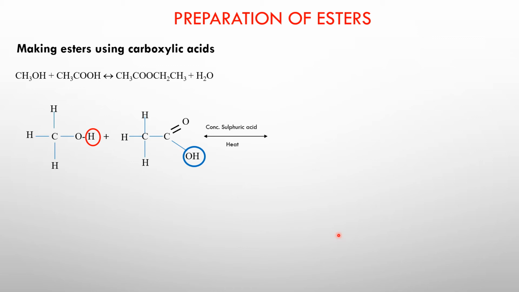Now when we are drawing the ester, we are drawing the acid group first. So the acid group is having two carbon atoms. There is a double bond O, but this particular bond that has been broken is now going to attach to the oxygen of the alcohol. So we draw whatever things are remaining. First carbon is having 3 hydrogens, so we just draw them as it is. Now let's join this carbon to the oxygen. So this is the oxygen that is going to come in, attach itself here. That oxygen is coming with the carbon atom. So 1 carbon and 3 hydrogen atoms. So this is how your ester looks like.